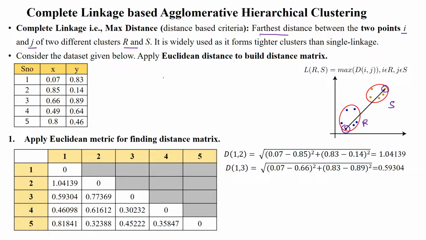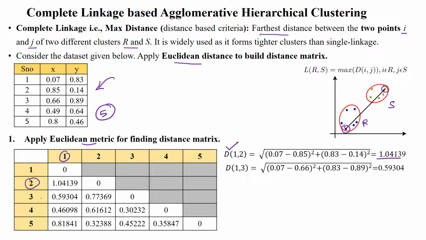Here we will first apply the Euclidean distance metric to calculate the distance matrix for a given data set. The data set has 5 data points. For example, we are going to find the distance between data points 1 and 2. Here we will get